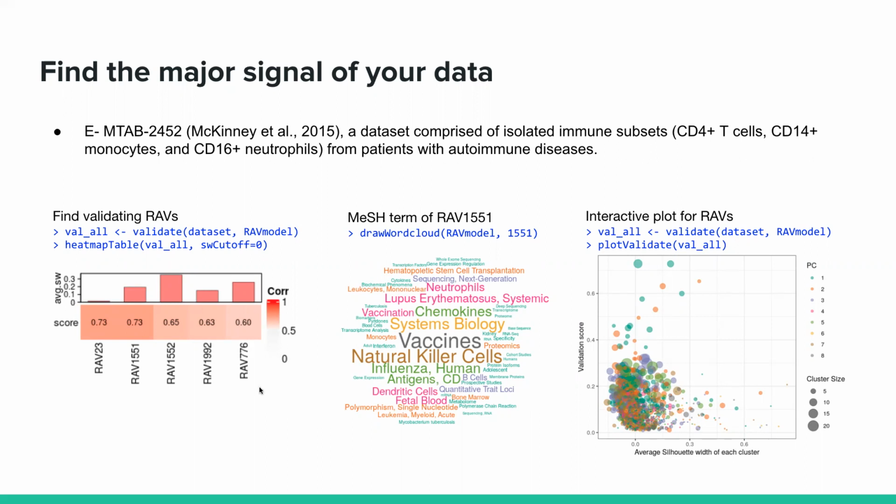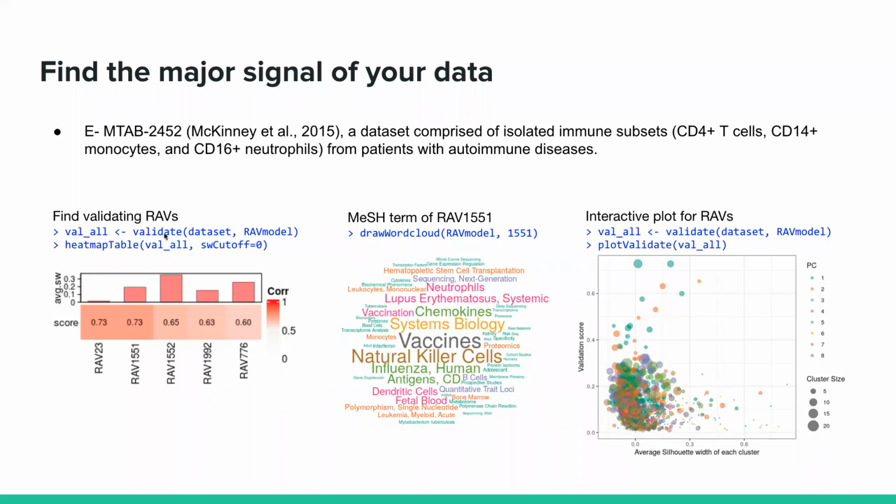And all of the examples that we've done here, we've taken from the publications of these previous works that I told you about. So they're not cherry-picked examples for this tool. They're things that were used for demonstrating the efficacy of previous tools, and we've just reused them to show how this compares to those previous studies that I showed you. So this demonstrates just a few of the major ways that you can use GenomicSuperSignature,